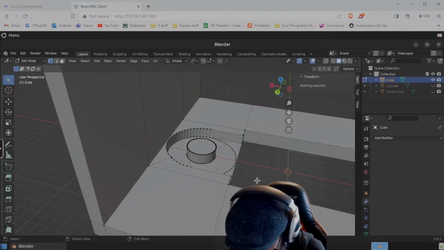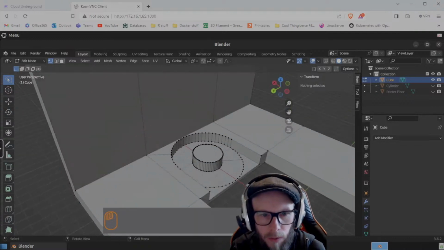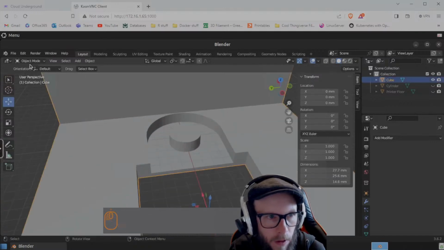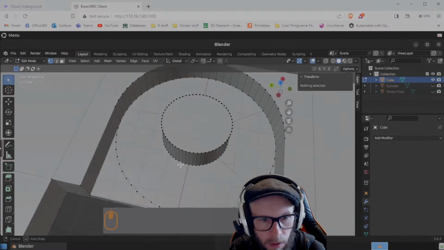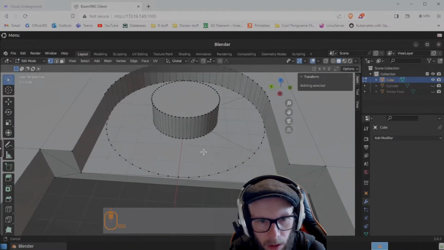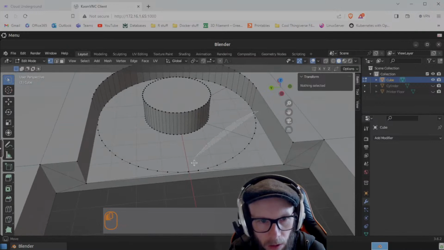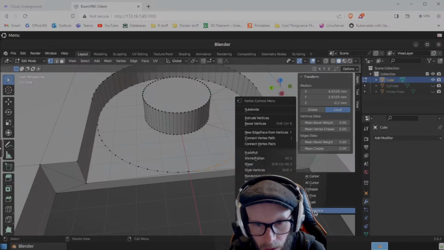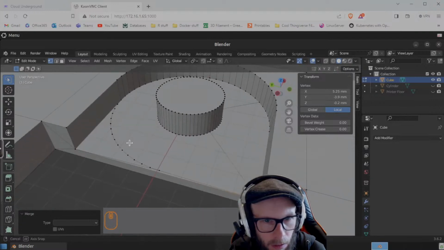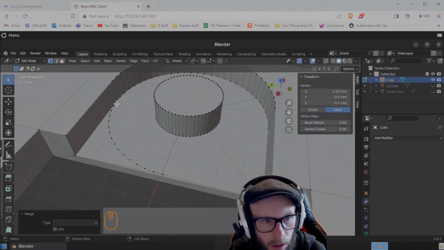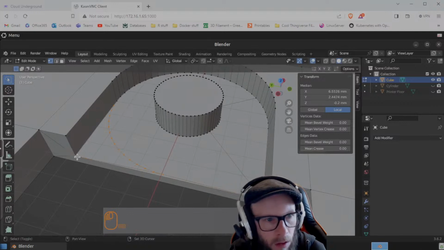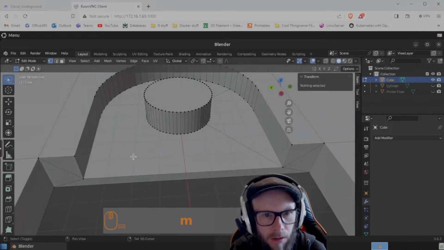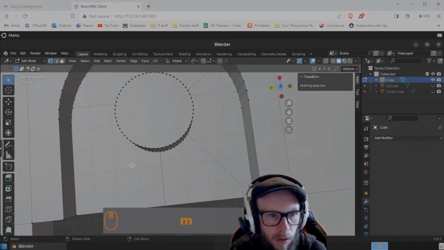Oh, the other thing that I need to do, maybe first, before we edit anything. You know what I should have done earlier with all of these extra points? Let's merge them. Merge at last. Just get rid of all of them. We don't need them. They're not helping. They're making things more challenging. So M, at last. Boom. Okay, good. That makes things a little simpler now